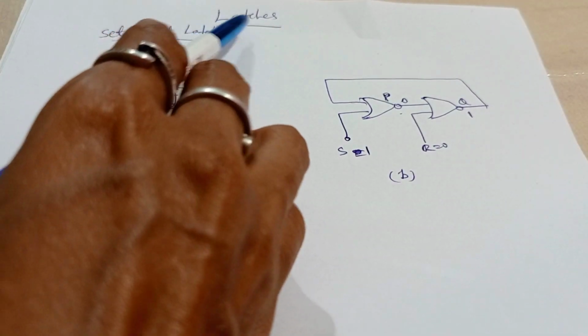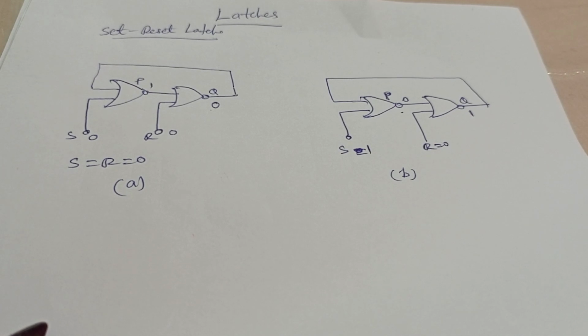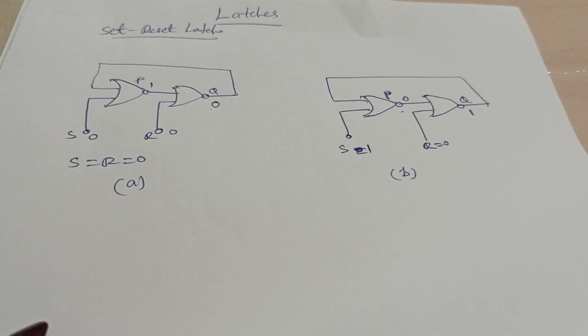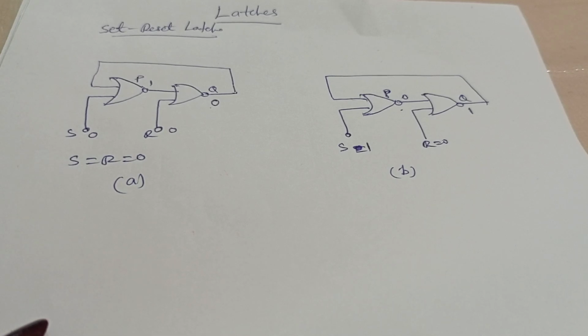Introduction to latches. Sequential switching circuits have the property that the output depends not only on the present input but also on the past sequence of inputs. By this, it should remember something about the history of inputs in order to produce the present output. These latches and flip-flops are commonly used in memory devices in sequential circuits, which can assume one of two stable output states and which have one or more inputs that can cause the output state to change.